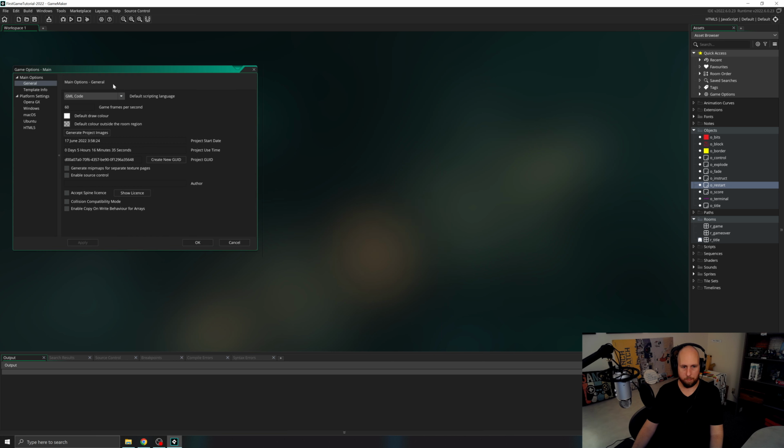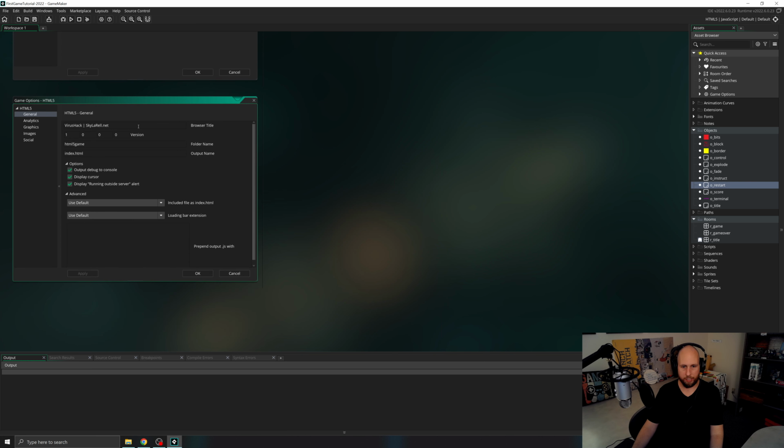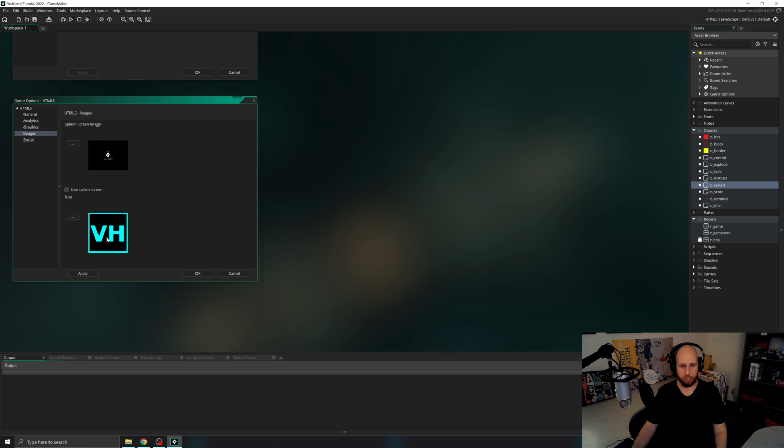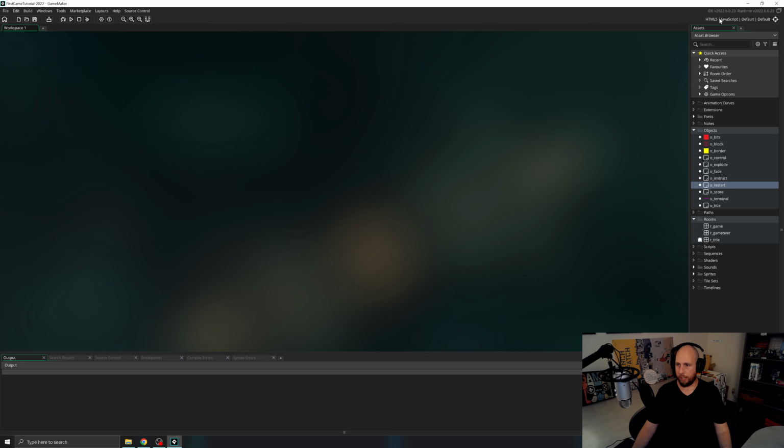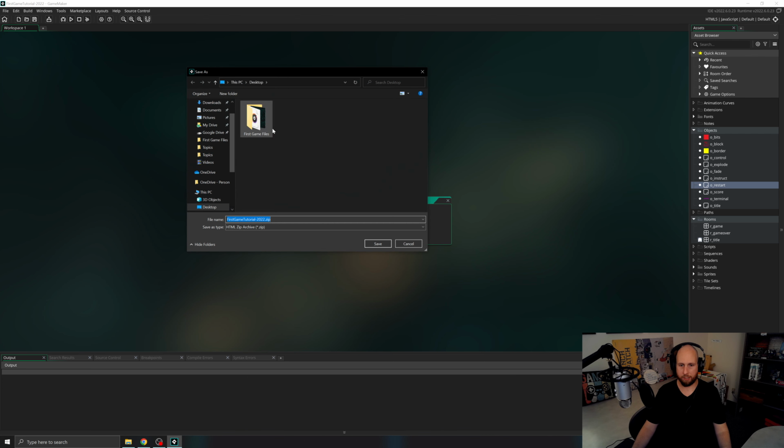Now, before we do that, let's go to Game Settings, Platform Settings, HTML5. Again, change your browser title, which will be the title that appears in the browser tab, something you can stand. Display cursor, sure. Images, you can change the icon that appears in the tab too. Splash screen, social, analytics, you have some options there you can check out. HTML5 is here under current target build. We're going to create executable, and we're just going to package it as a zip file